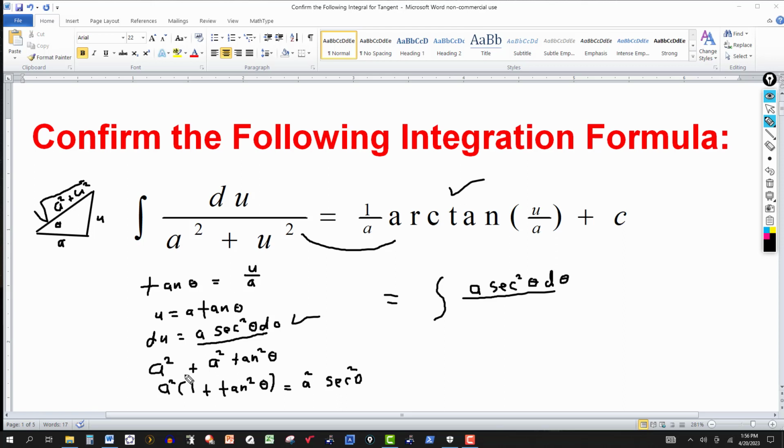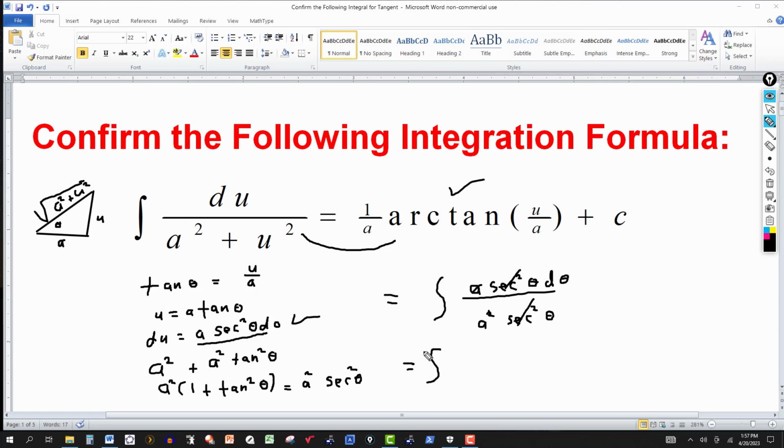And that's over a squared plus u squared, but that's equal to a squared secant squared theta. So now let's just simplify this. Secant squared theta cancels out. I've got an a up here and an a squared here, so this goes to 1 there. So this just gives me the integral